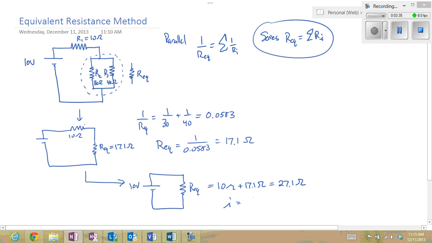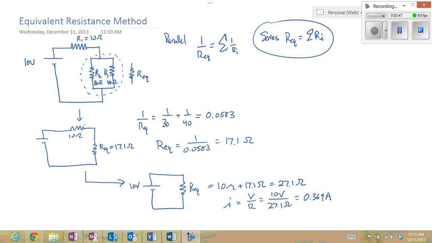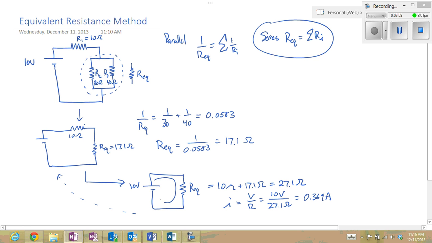I in the circuit is V over R, which is 10 volts applied across that 27.1 ohm resistor, or 0.369 amps. Now, what current is that? Well, if we go back, now we start working our way backwards. If I go back up to this previous diagram, this is the current, 0.369 amps. Therefore, that is the same current here of 0.369 amps,